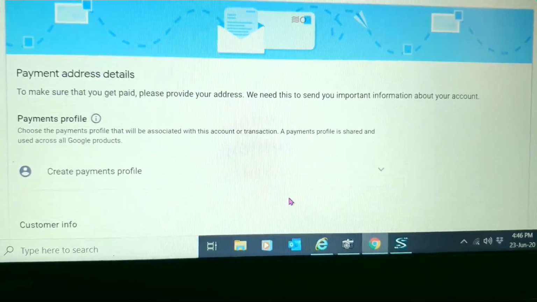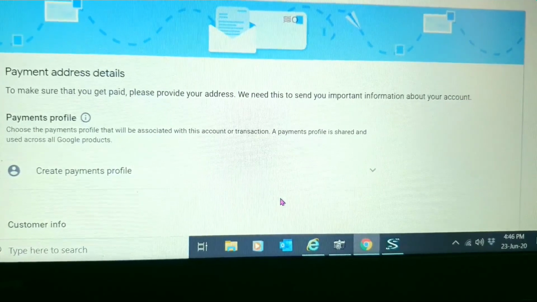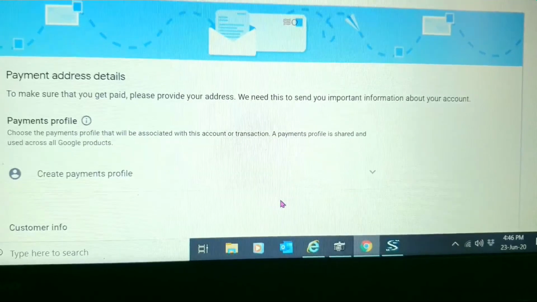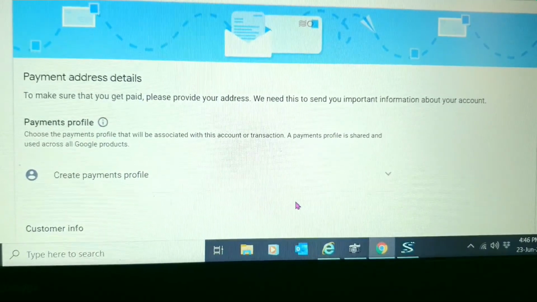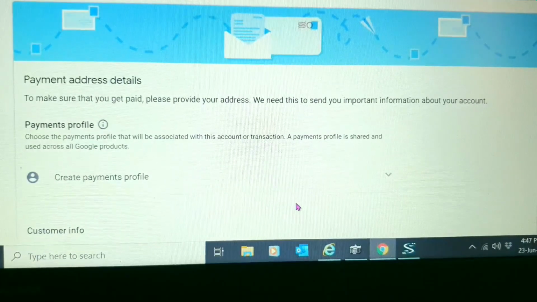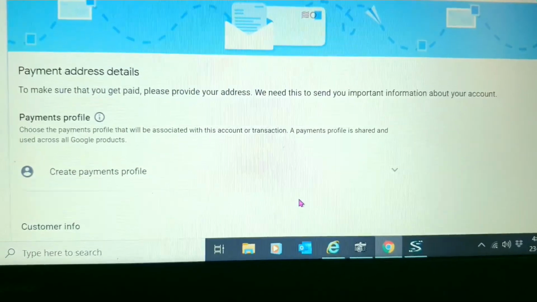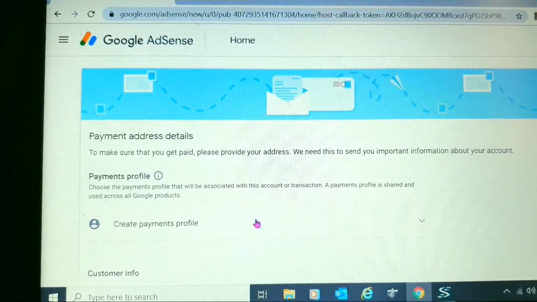Ayan, nakalagay dito, payment address details. To make sure that you get paid, please provide your address. We need this to send you important information about your account. Payment profile. Choose the payments profile that will be associated with this account of transaction. Guys, apply tayo dito sa Google AdSense.